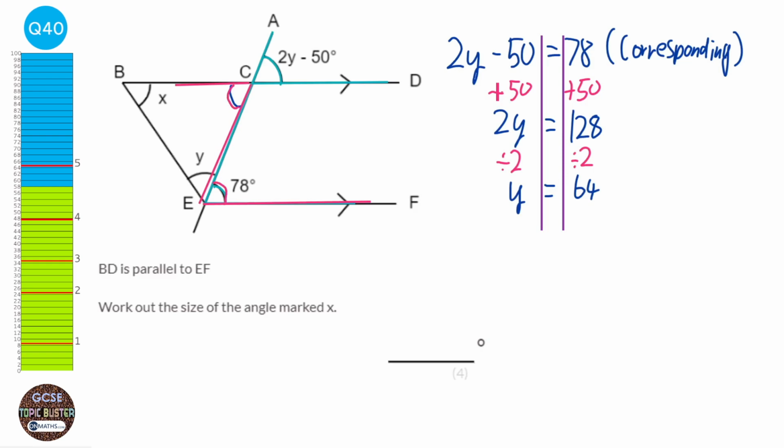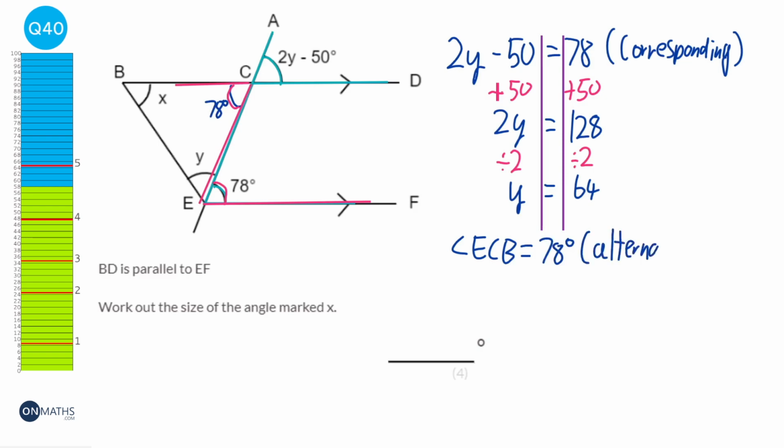So I can write that down here. So angle ECB is equal to 78 degrees. So this will be 78 degrees. And the reason for that is alternate angles. And then finally, if we know this is 78 and we know that this is 64, because we know what y is,